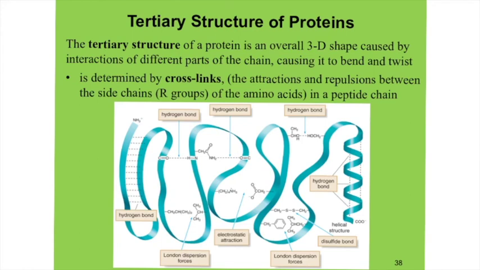So this is a nice picture that shows all of the different types of tertiary interactions or the intermolecular forces that occur in the tertiary structure of your protein. Okay, and these are the interactions that cause your protein to bend and twist, and it's determined by cross-links, the attraction and repulsions between the R groups, different R groups of all the amino acids in your polypeptide. Okay, so you can have hydrogen bonding, which is shown here, which is what we talked about